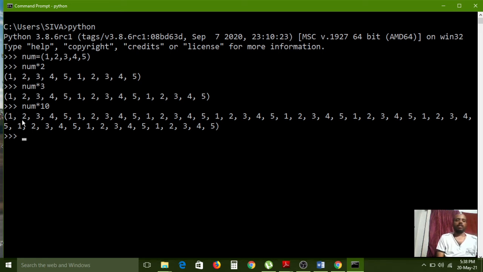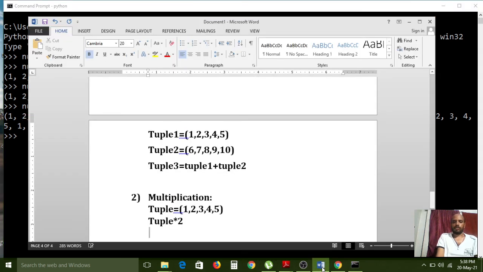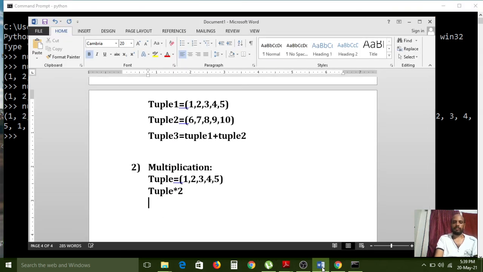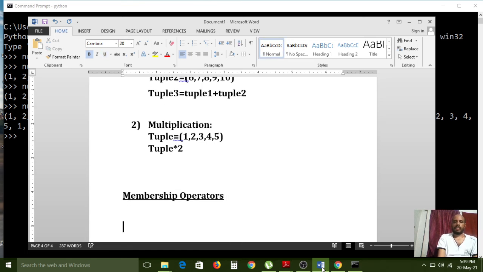Next, some membership operators we can also use. Membership operators are used to check whether an element is available or not in the given tuple.